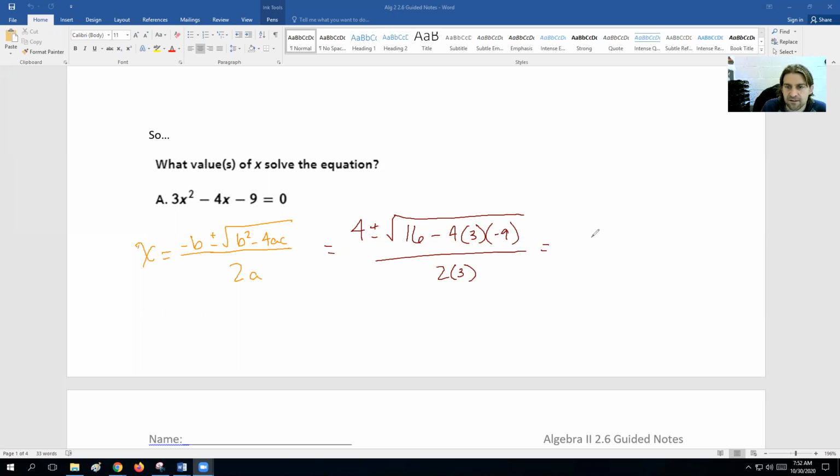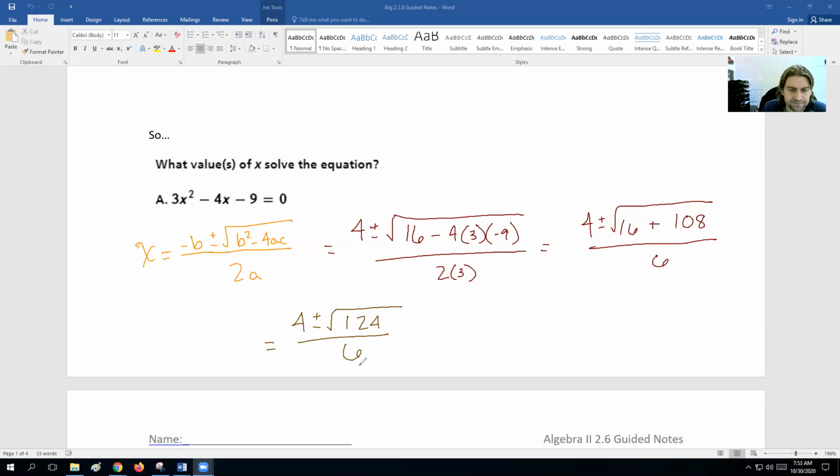So let's start simplifying this. We get 4 plus or minus the square root of 16, and then, what's 4 times 3 times negative 9? It's going to be a positive. 12 times 9 is 90 plus 18, that's 108, all over 2 times 3 is 6. So let's keep this going. We get 4 plus or minus the square root of, if we add these together, 108 plus 16, that is 124